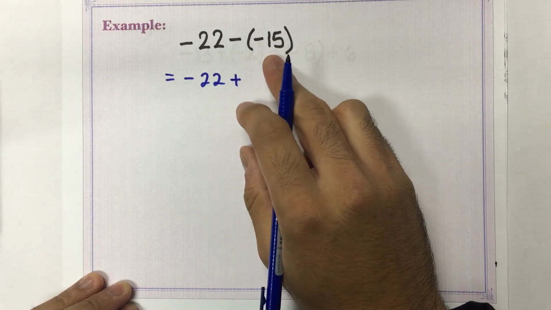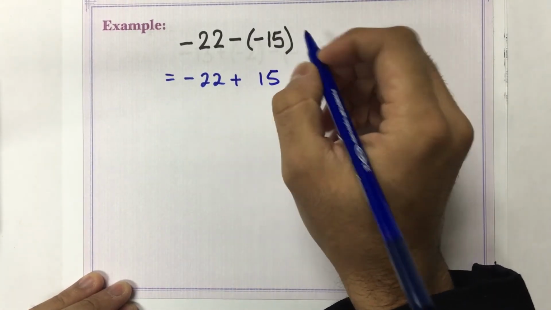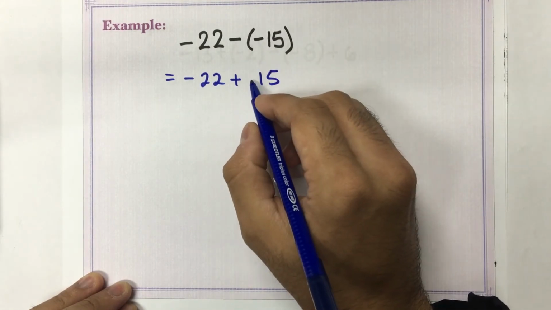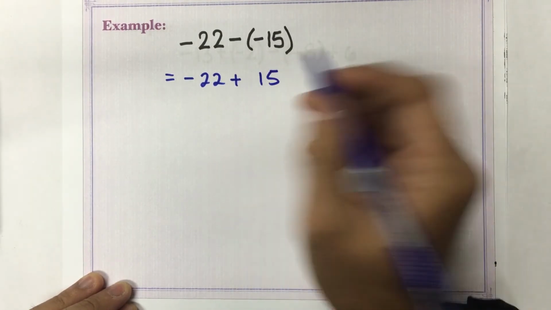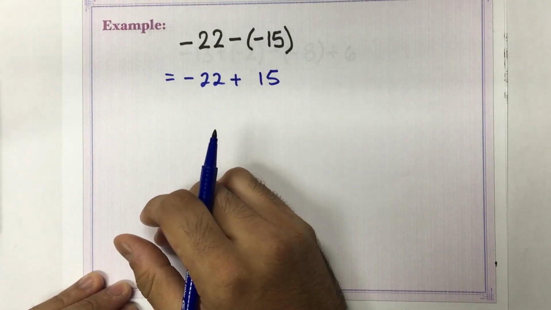So over here is negative, we're just going to change it into a positive. And by the way, a positive quantity does not require to have a positive sign in front of it. It already is positive. And this is a familiar case from before. It's an addition of